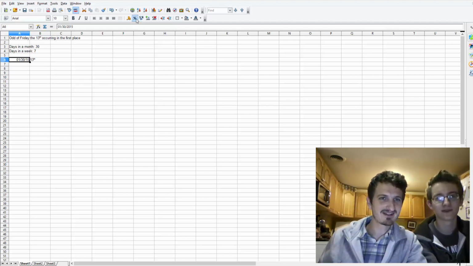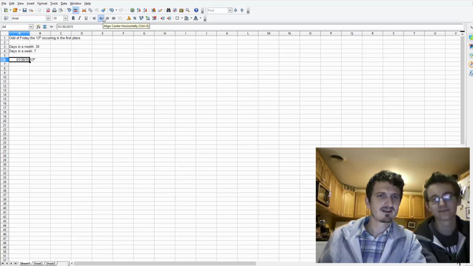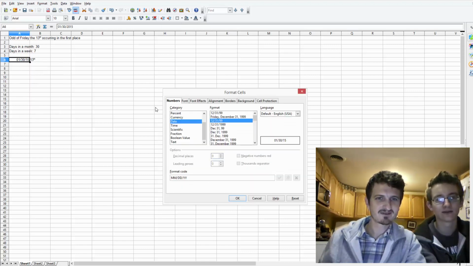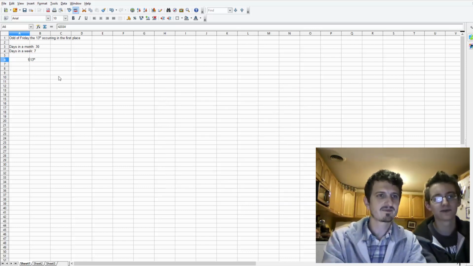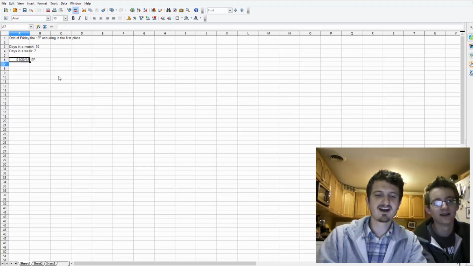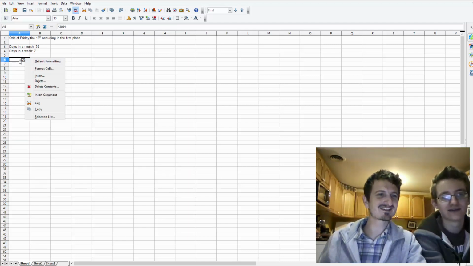By the way, I'm too cheap to use Microsoft Excel. When I say use, I mean buy. So I'm just using OpenOffice, and as I speak here, I'm having issues trying to format the cell. All number. So you guys get a little Excel tutorial along the way. OpenOffice is awesome.